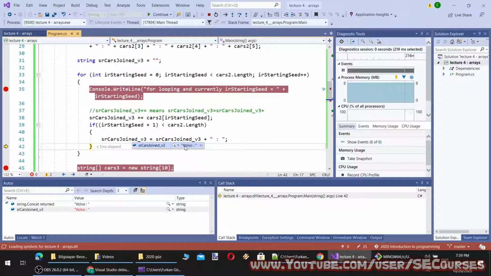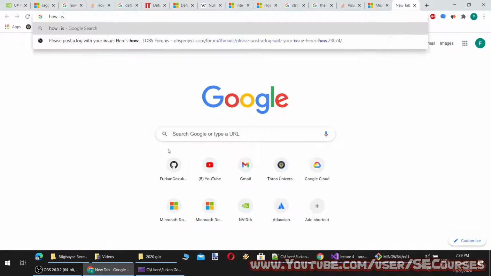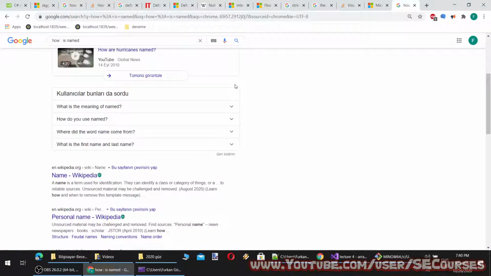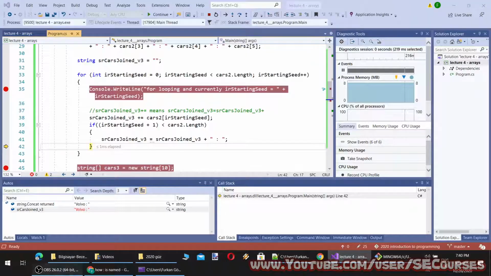You see now it is Volvo, an empty character, a double dot and an empty character. What was the name of this? One, I'm going to pause a bit.